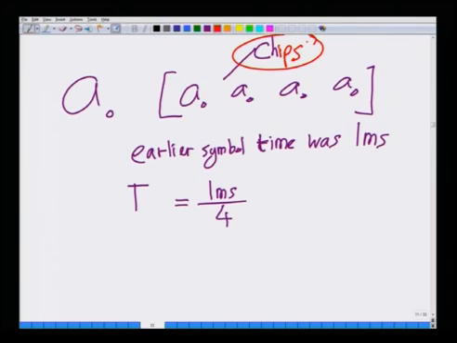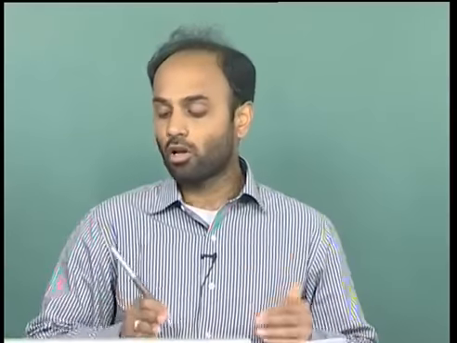Each symbol is split into 4 chips. If I want to keep my symbol rate constant, I have to transmit each chip in a time that is 1 millisecond over 4, that is known as the time of the chip. I have to reduce the time of the chip, because otherwise if I multiply by a sequence that is 1000 chips long, it will simply take too much time to transmit all the chips if I do not transmit each chip in a smaller amount of time. So, here I am keeping the effective symbol rate constant and I am transmitting each chip in a smaller time, and that time is 1 millisecond over 4,